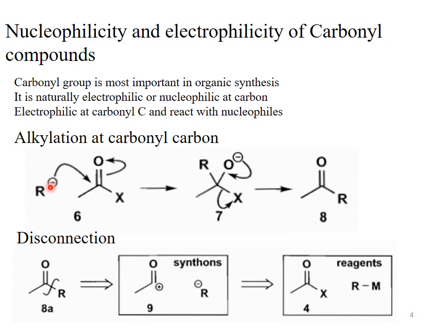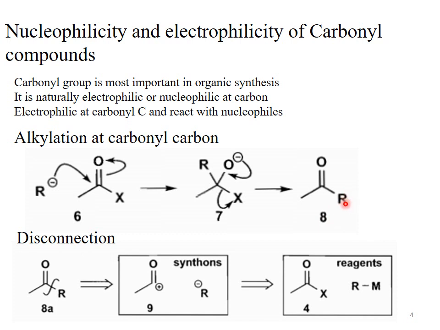See the reaction, that is alkylation at carbonyl carbon. See this one, this is an acid halide, this is the carbonyl carbon. When a nucleophilic center, that is R, carrying a negative charge, what is a nucleophile? Remember, an electron rich species. The species which carries a negative charge is called a nucleophile. See this one, this nucleophile will attack at the electrophilic center, that is the carbonyl carbon. So this nucleophile will attack at the carbonyl carbon, and the double bond between carbon and oxygen moves toward the oxygen, and it gives us this type of tetrahedral intermediate.